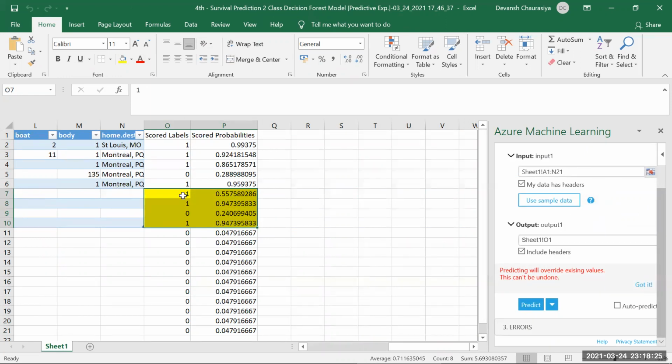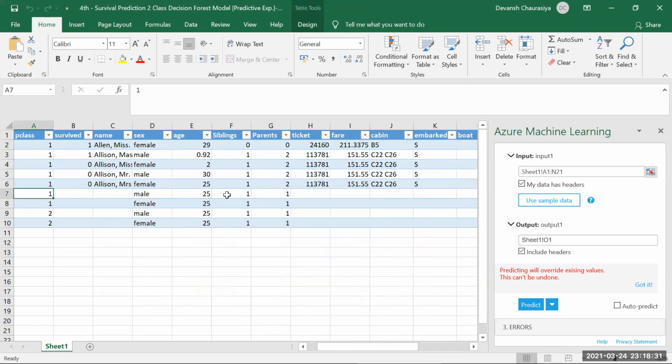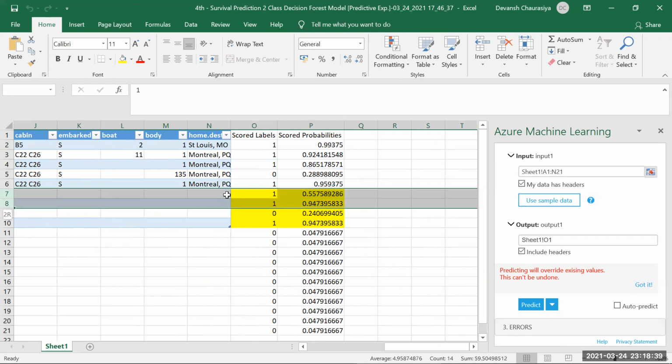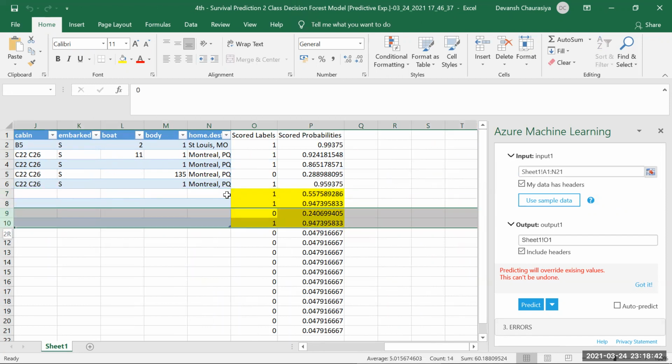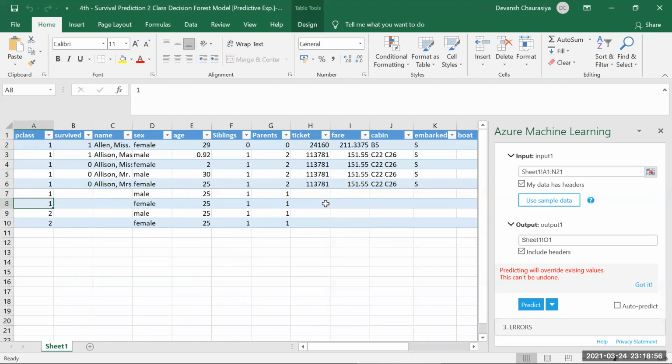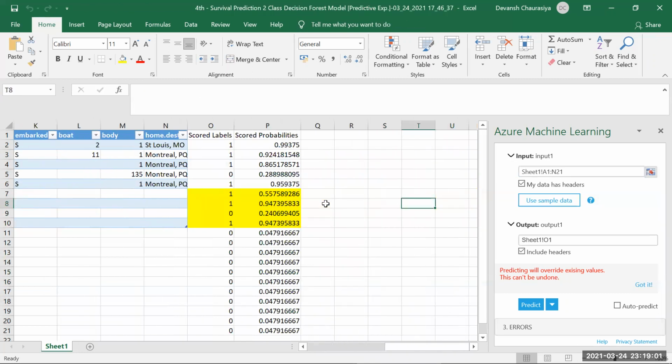You see, these three survived. So male, female, female. Okay, so male of passenger class 1 survived, female of passenger class 1 survived, male of passenger class 2 did not survive, female of passenger class 2 survived with a high chance of 94 and 94. What we see here is, if it is a female, the passenger class does not matter, because it looks like it does not have any impact, 94.7 in both the cases.